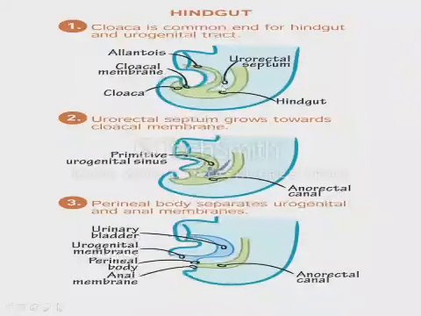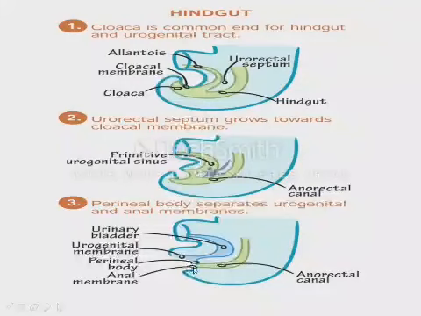Number 2, formation of the septum, which grows towards the cloacal membrane, dividing the endodermal cloaca into the urogenital sinus and the anorectal canal. Then the membrane divides into two parts, the anal membrane and the urogenital membrane, and the perineal body forms, separating the urogenital membrane